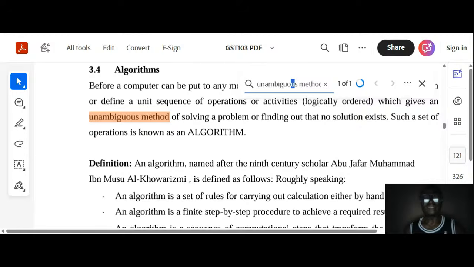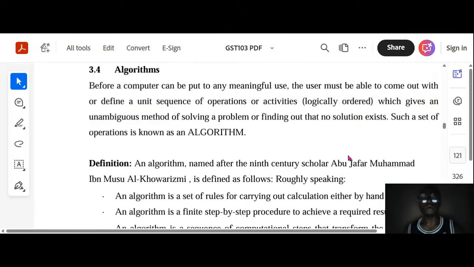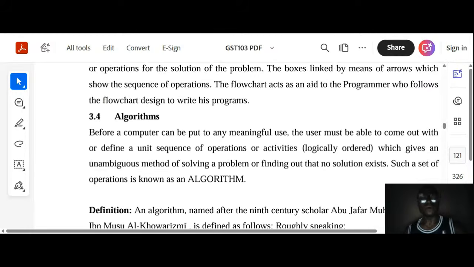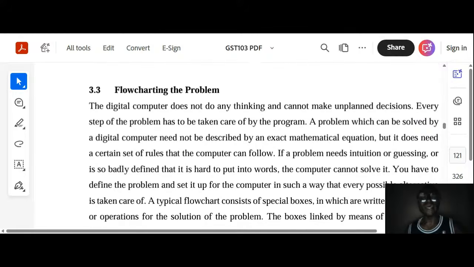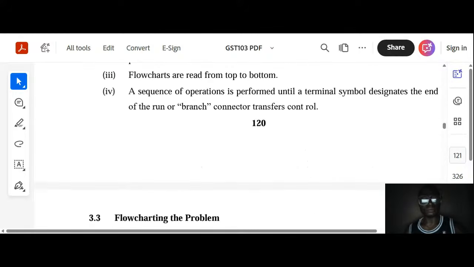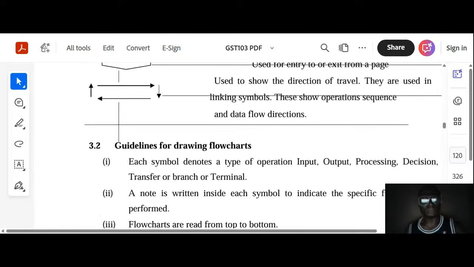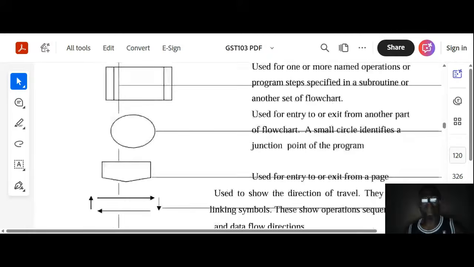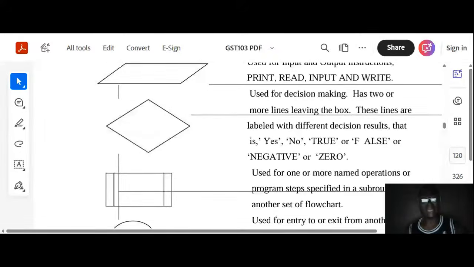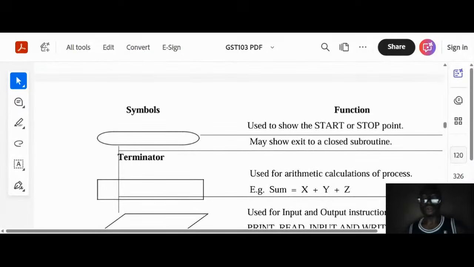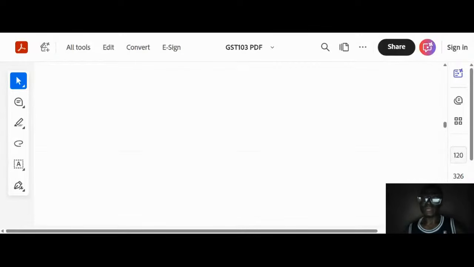Look at it. This is taking us to algorithm. The answer to that question is actually algorithm, but we will not just read algorithm and run away. We will read everything around algorithm. We'll study it back to back. We'll study each of the diagrams that are used in it. We'll study flowcharting. Oh my goodness, we have a lot to study here.